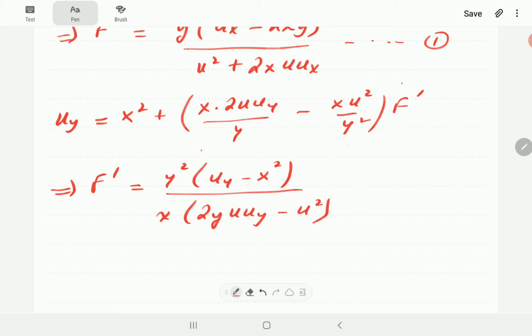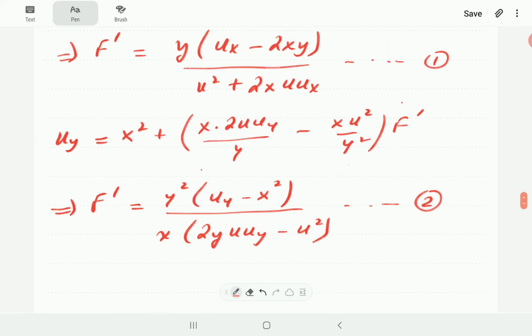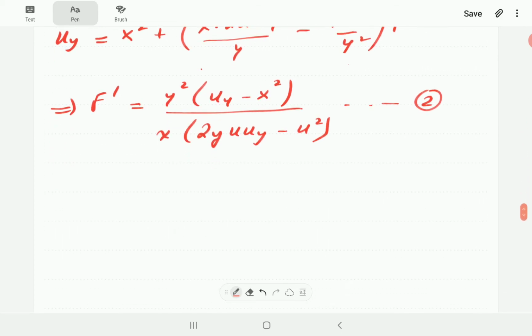Notice that the common factor of x has been factored out here, so this one I'm going to call equation number 2. And then if we equate these two,